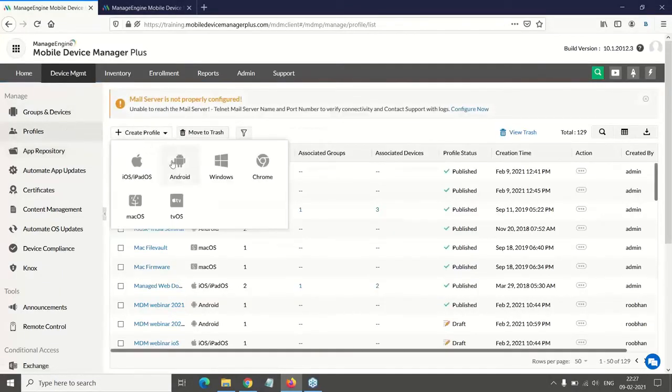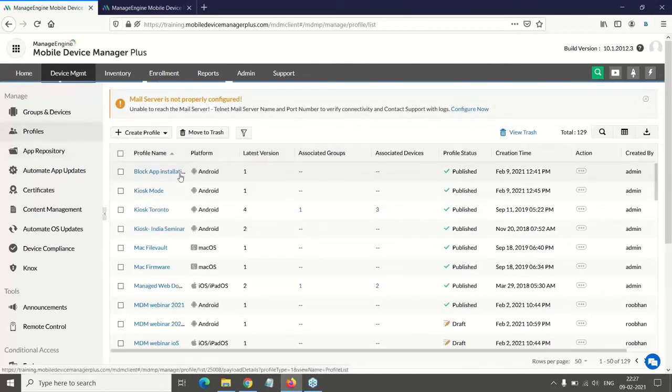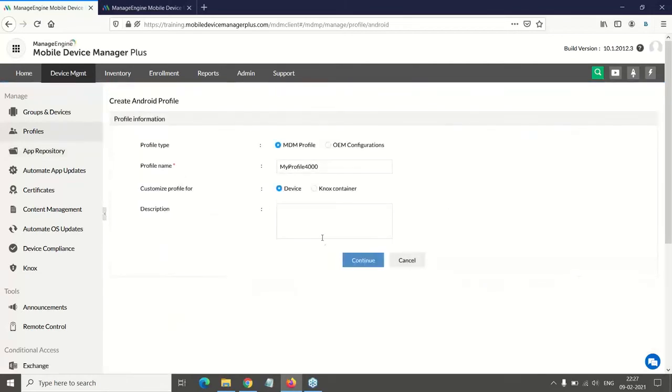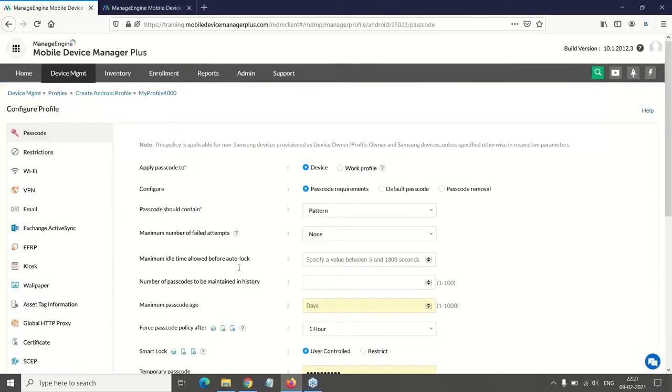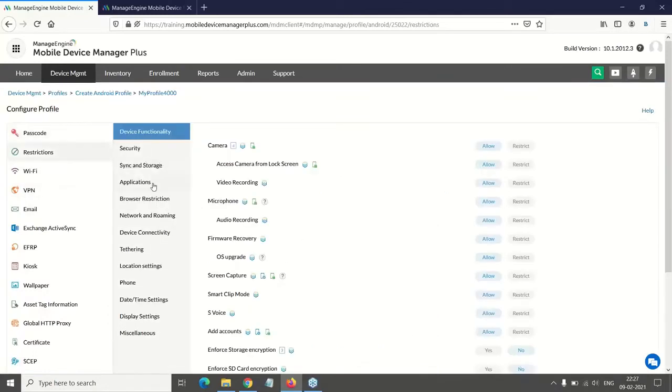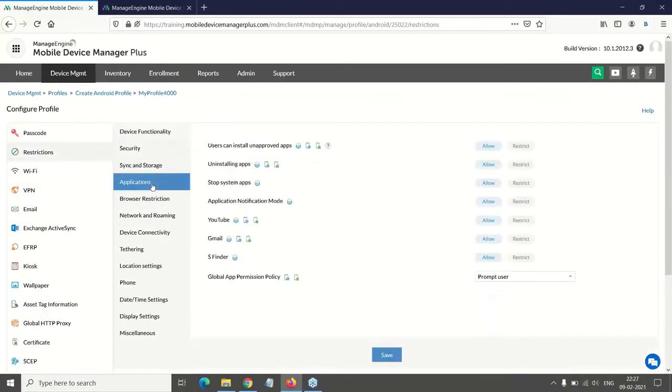You can move to profiles, click on create profile, choose the platform for which you need to create the profile, and then under restrictions, you need to move to the applications part where you will have this option. When you restrict this, users will not be able to install any application directly from Play Store or App Store by themselves. Only those applications that you deploy from MDM will get installed on the devices.